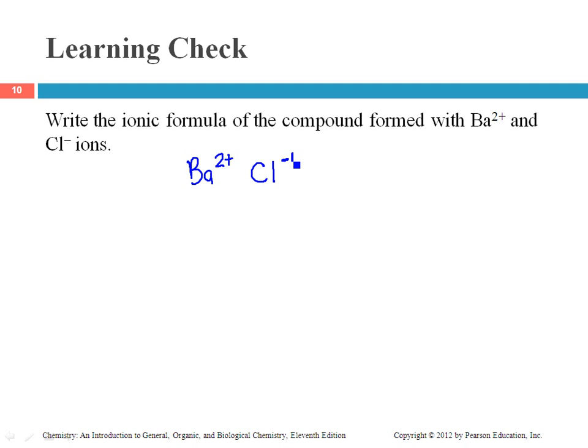Now we want to write the formula. So how can we balance our charges? We've got a 2+ charge, and we don't know how many atoms we're going to have of each here. And we have a -1 charge. And we know that the total charge has to equal 0. So the simplest way to make this equal 0 is if we have 1 barium for every 2